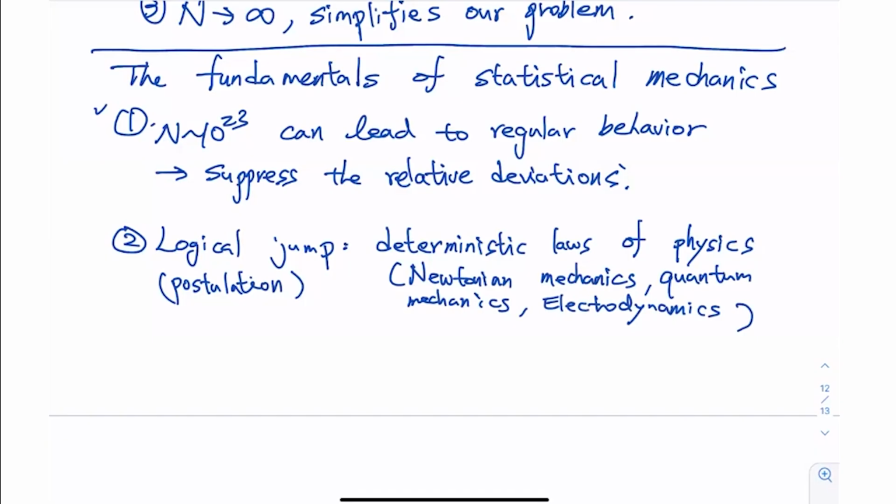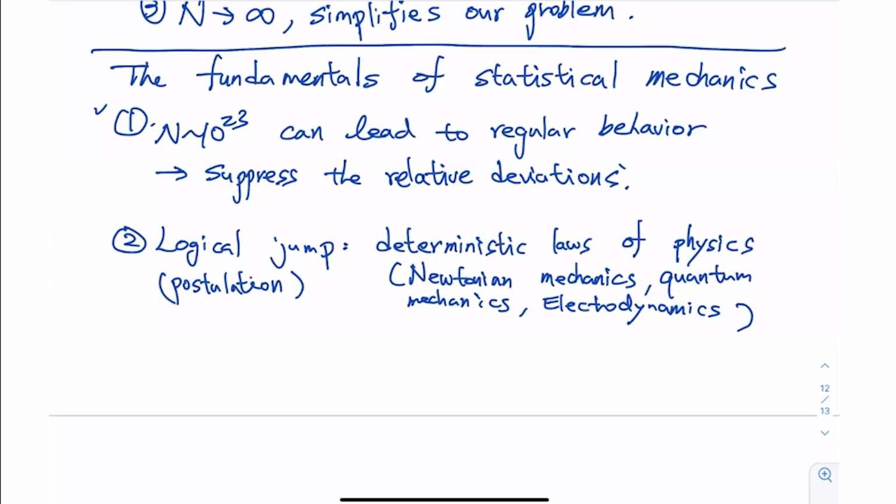For example, in Newtonian mechanics, we have the equation of motion F equal to ma. In quantum mechanics, we have the Schrödinger equation. Once you give me the wave function, I tell you how it evolves as a function of time. And in electrodynamics, similarly, you give me the vector potentials, and I'll tell you how it evolves as a function of time according to Maxwell's equations. So everything is deterministic. However,